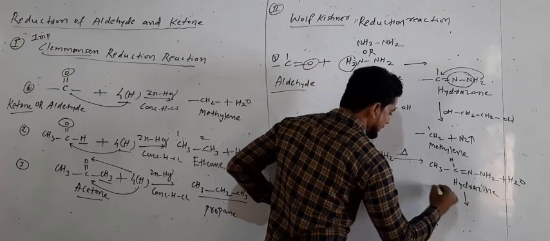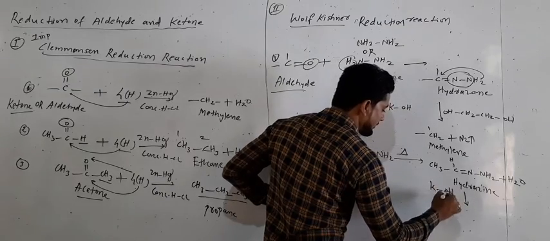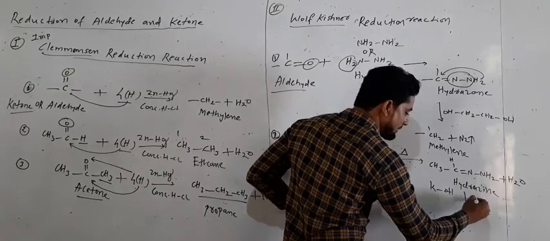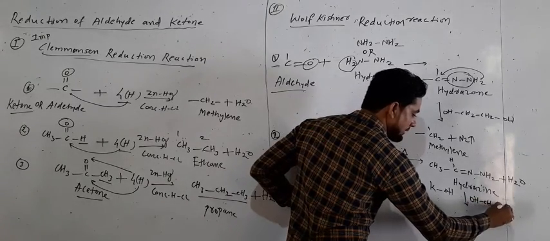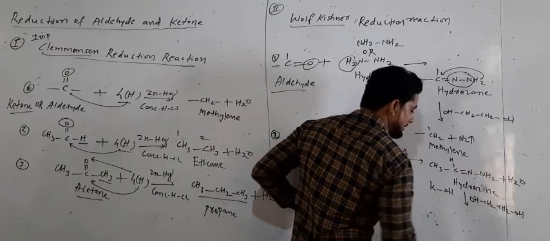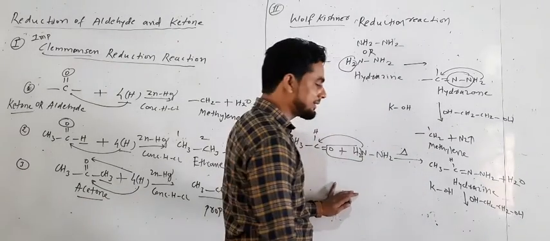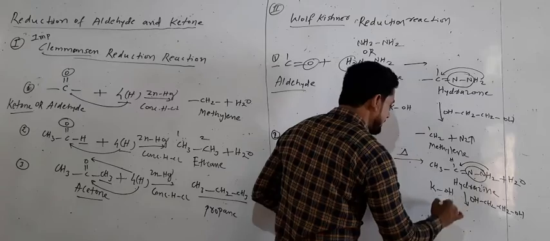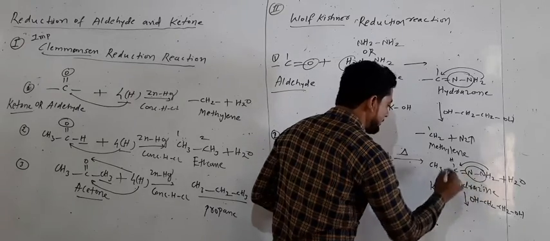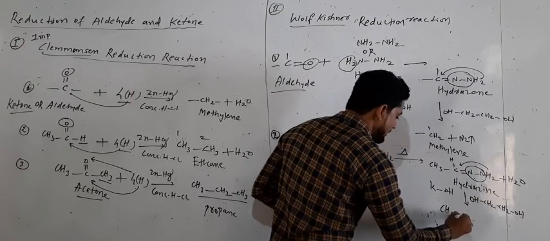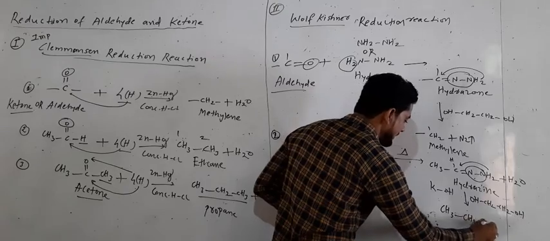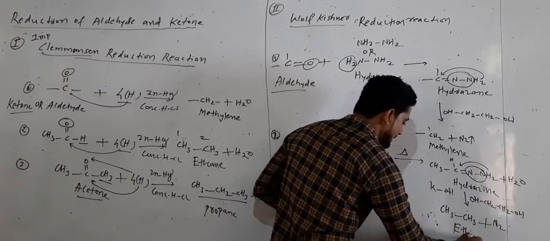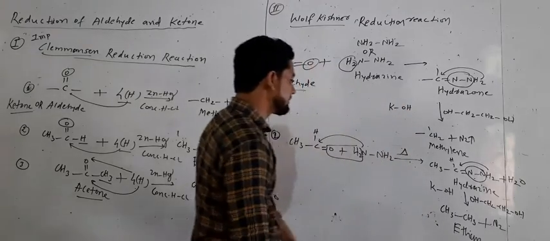On further rearrangement and loss of nitrogen gas, N2 gas, clear? So what we get, with OH, this KOH and ethylene glycol, present as a catalyst, we get loss of N2 gas and H2 attached to carbon. So this hydrogen plus one, how many CH3? One CH3 and second CH3, and loss of N2 gas. It is called the alkane ethane, with two carbons.